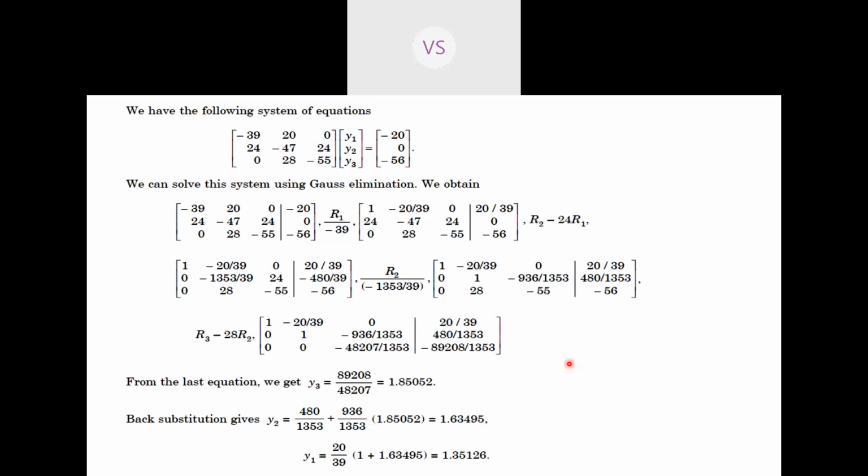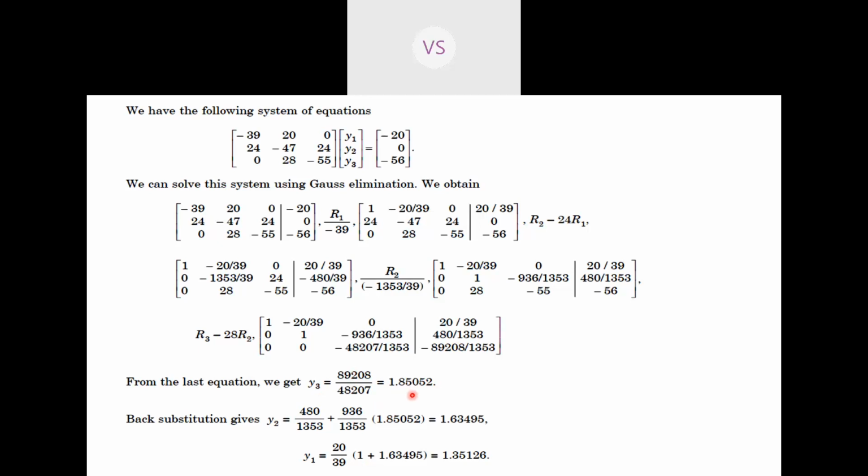So three equations, three unknowns, we are writing it in the matrix form, AX is equal to B. You have to solve this by using Gauss elimination method only. By Gauss elimination method you have to obtain the upper triangular matrix, and once you obtain it, you have to do the backward substitution. You have learned the Gauss elimination method, so do accordingly. So y3 value we will get first.